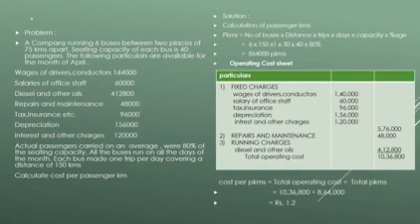One more point to be noted is that here number of days are not specifically given. It is only stated that the following particulars are available for the month of April. It means that these expenses are relating to the month of April. Hence, we have to take the number of days of April month, that is 30 days. So sometimes in this way also you have to note down. If the days are not given but the name of the month is given, take the days of that month.